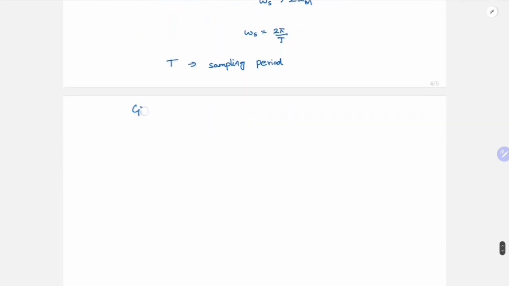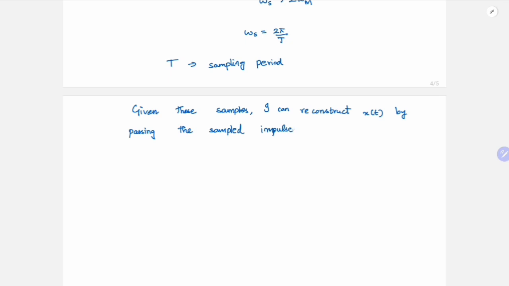And given these samples, I can reconstruct x of t by passing the sampled impulse train, xp of t, through a low pass filter with cutoff frequency